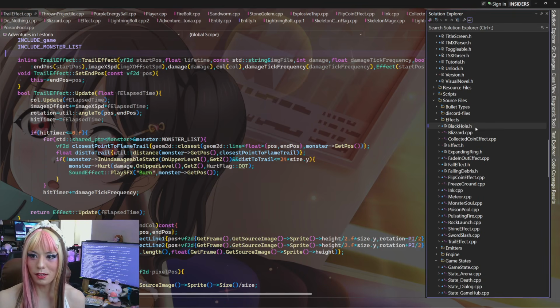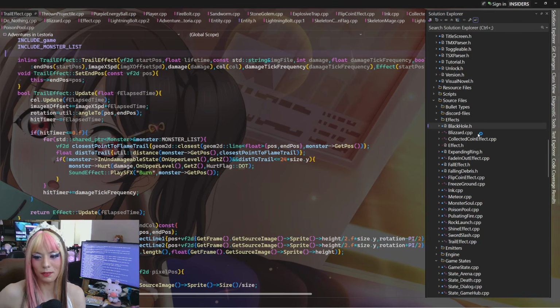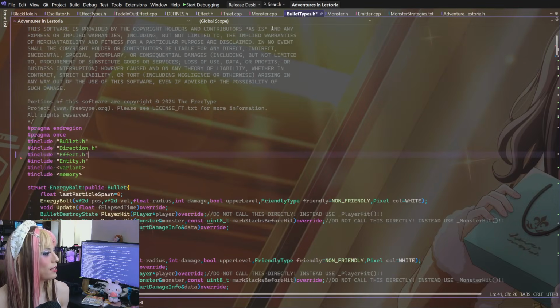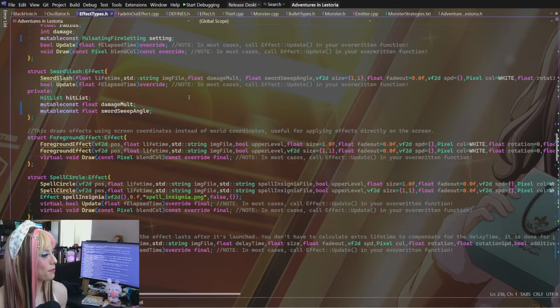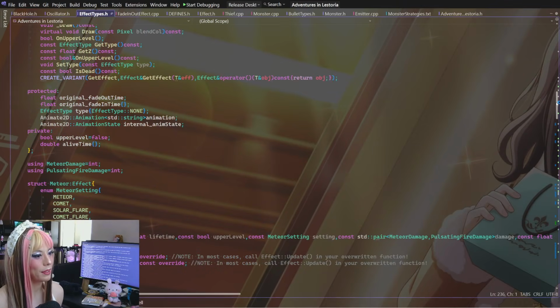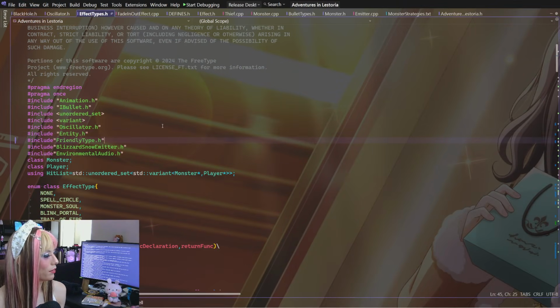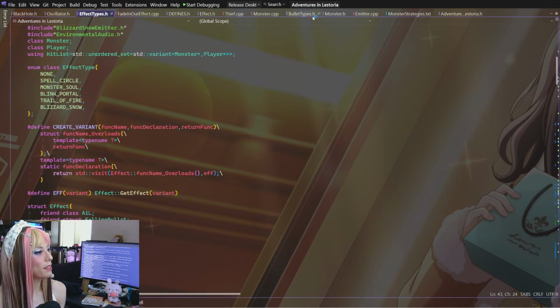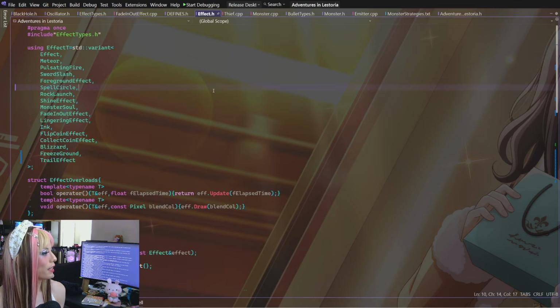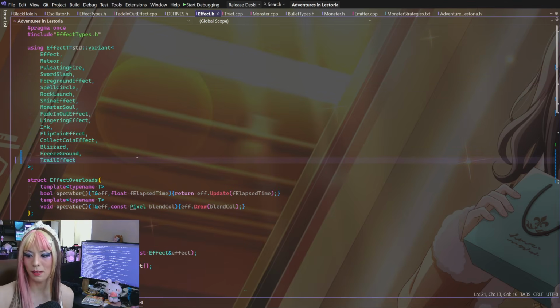So we're quickly going to adjust these. Oh, also the types that are contained within, it's not bullet type. I don't know why I'm in bullet type. Oh, I guess it was needed in bullet type. But now they're all under effect types. But the list for effect.h is now going to be updated with new stuff.